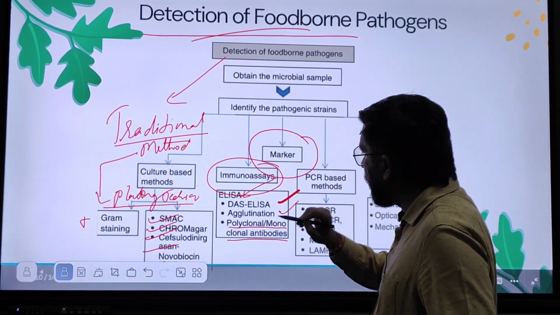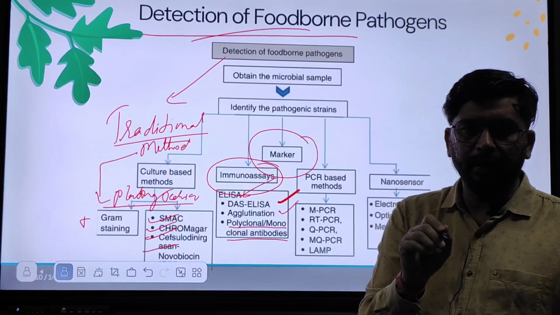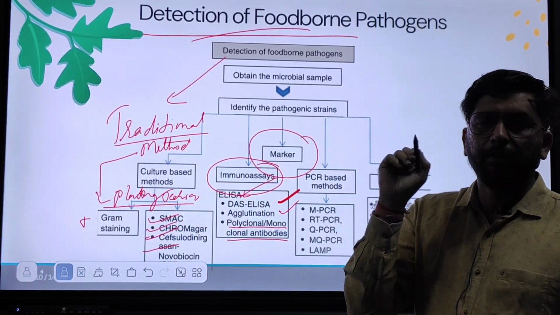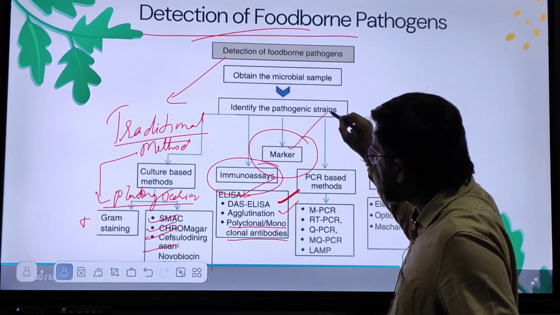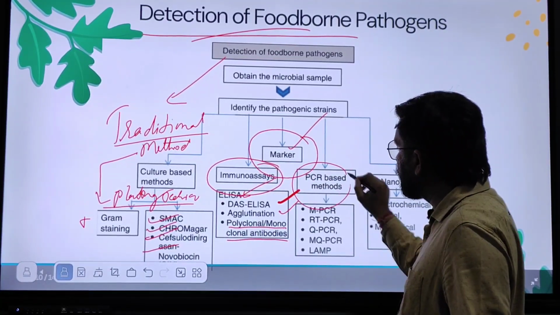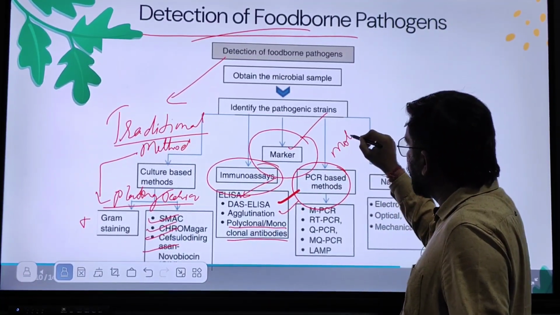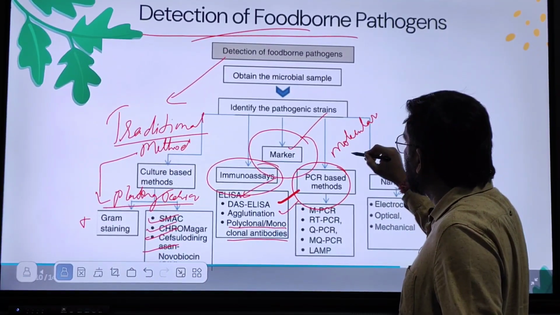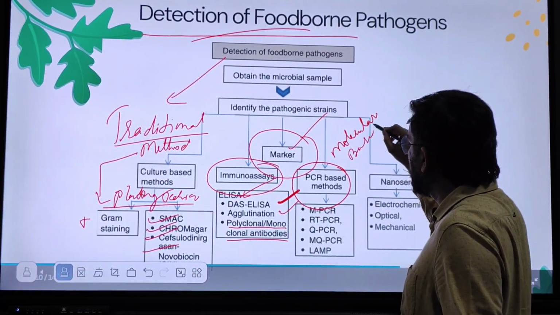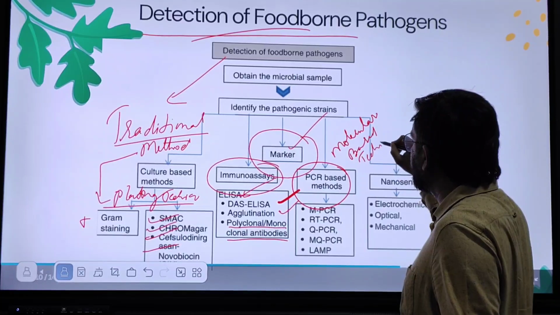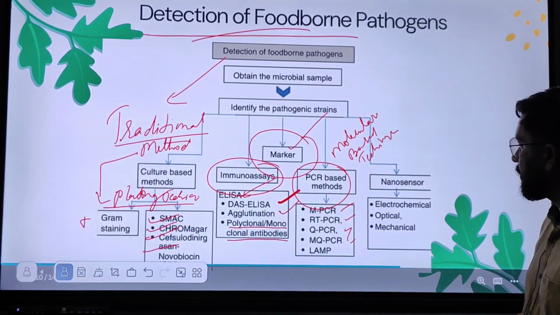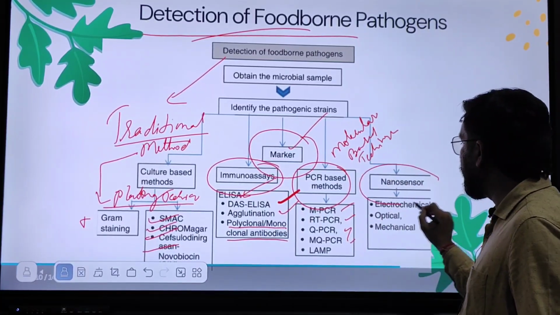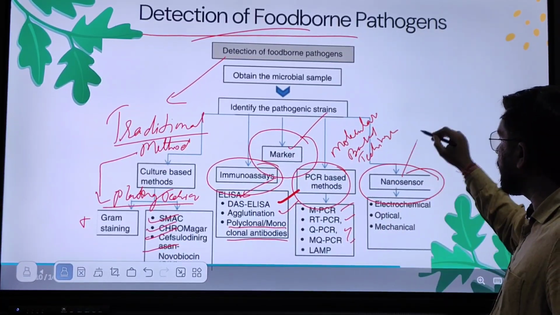Recently, they have developed markers which easily identify a particular pathogen which is responsible. So biomarkers, PCR based, which are nothing but molecular based techniques. Different types of PCR exist. And recent implementation of nanotechnology can result in development of